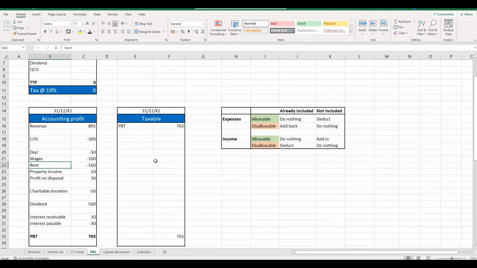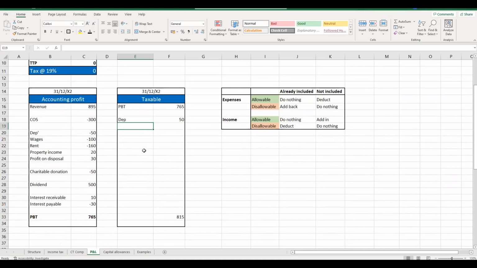So in going from our accounting profit to our taxable profit, we're going to have an add back of the depreciation. We'll come on to the capital allowances when we get to the end of all the different costs that have gone through for this company. But that's one of those key basic rules to remember, because it does tend to come up quite a lot in the questions, though it's not worth a huge amount of marks. But you're always going to add back that depreciation. Now, the next one is wages that we can see.